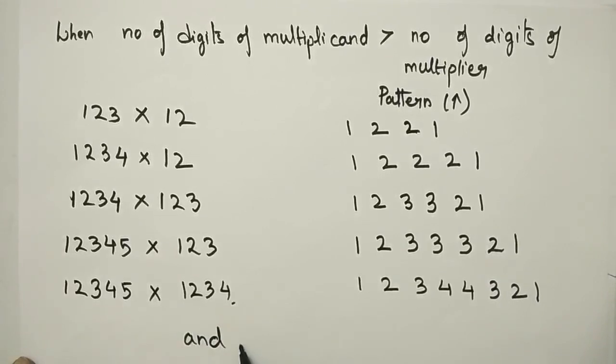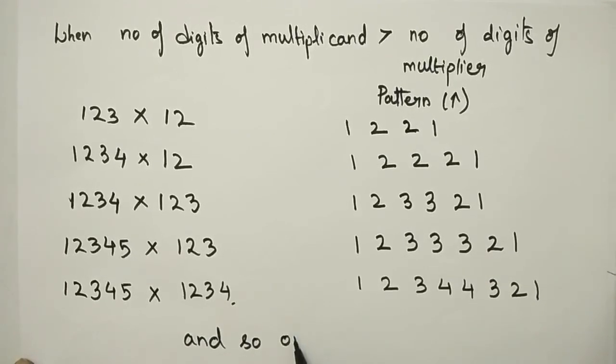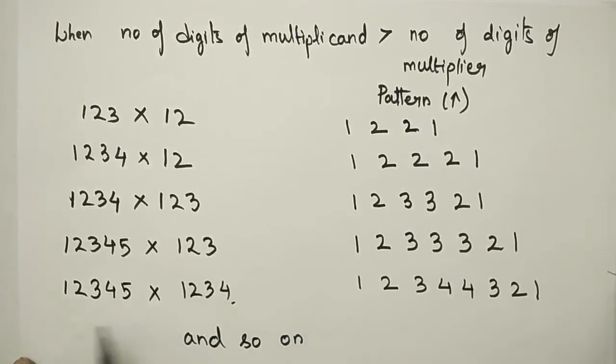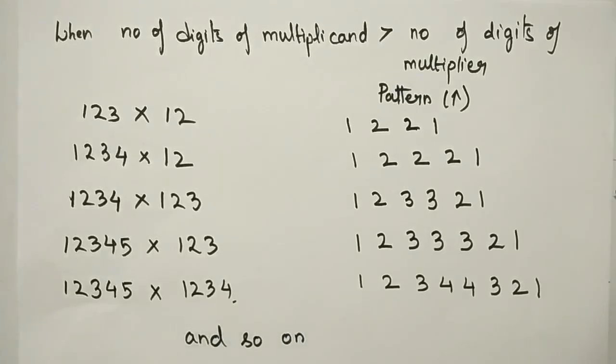Similarly, the same pattern you have to follow depending on the digits of the multiplicand and the multiplier. The pattern of the arrow in these 2 cases is enough for the multiplication trick. So now we are ready with the pattern of that arrow. Now let us study the direction of the arrow depending on the pattern.